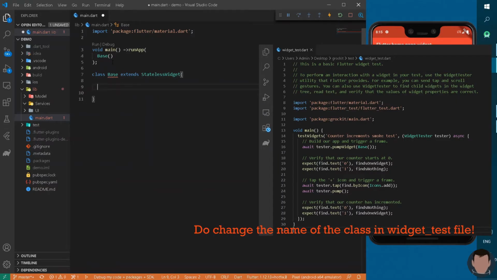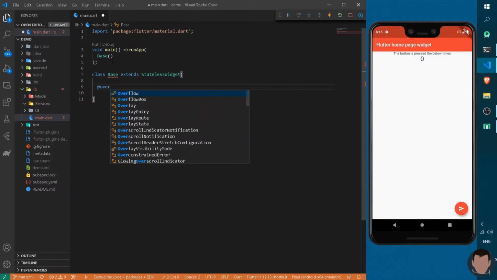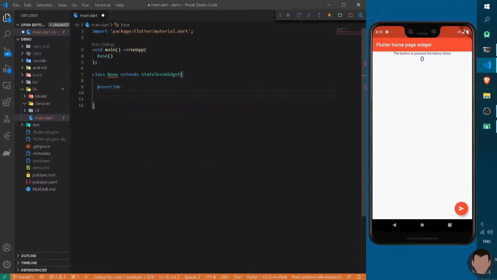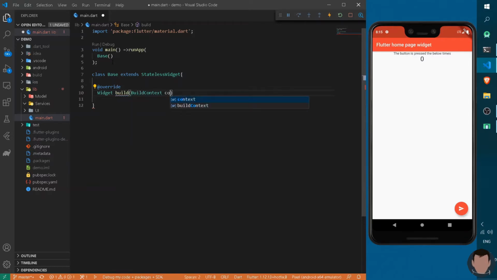That is, it is going to initiate different attributes than its previous class. We can override it as @override. We will override its build method by Widget. Now the build will take the attribute of BuildContext. Now it is going to return a MaterialApp. Semicolon here. Now remember the construction analogy?